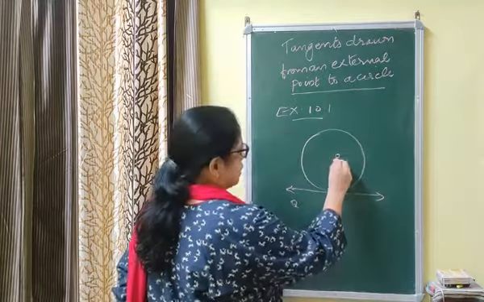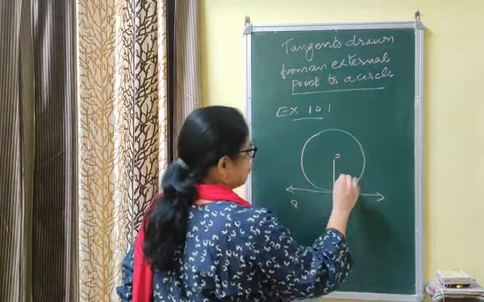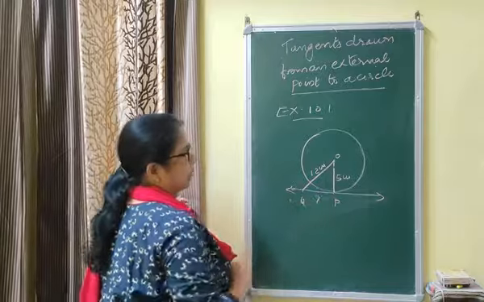And radius of the circle, you are given that radius of the circle is 5 centimeter, and the line through the center O at the point Q such that, let this point be Q, and you are given that the length of OQ is 12 centimeter. Once again, you are given a circle and tangent at the point P, with the radius of the circle 5 centimeter, and point Q is taken on the tangent such that OQ equal to 12 centimeter. You are asked to find the length of QP.